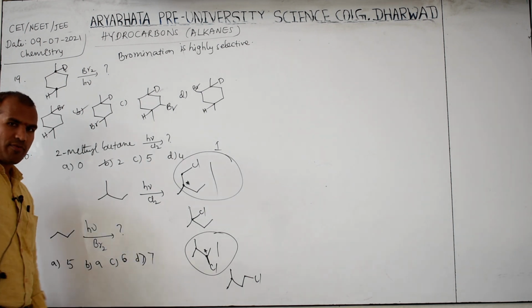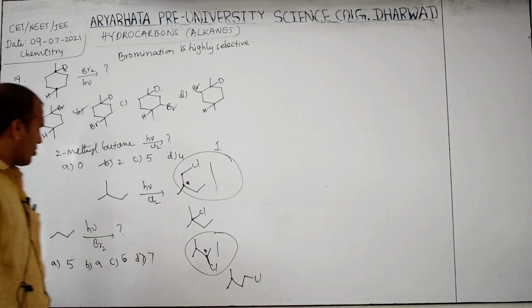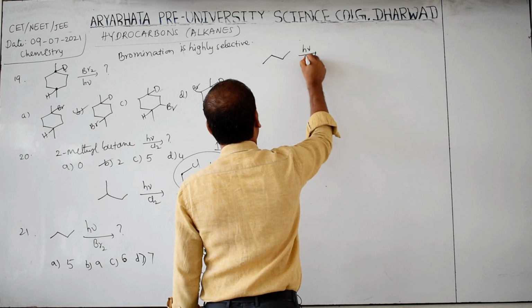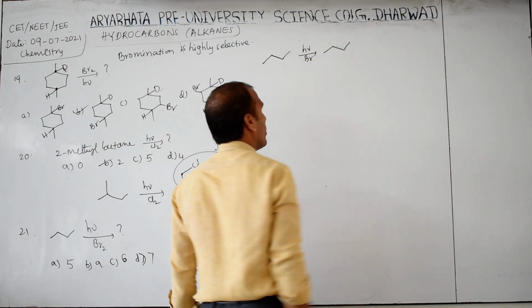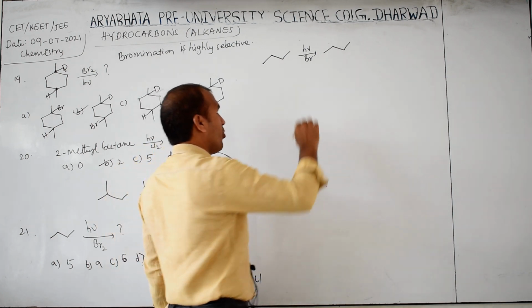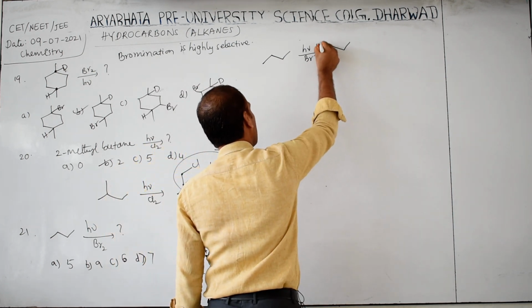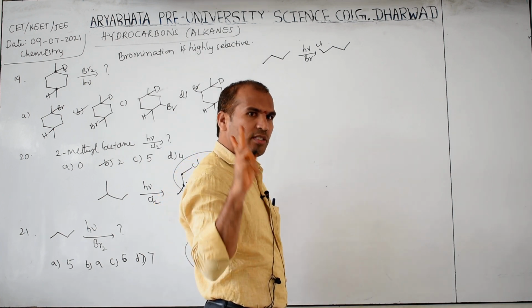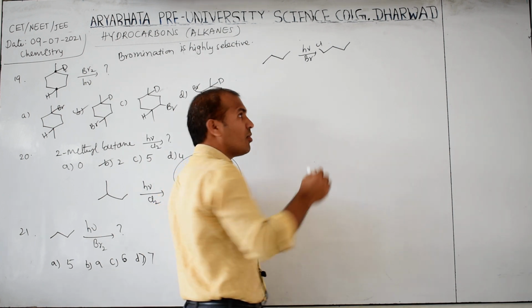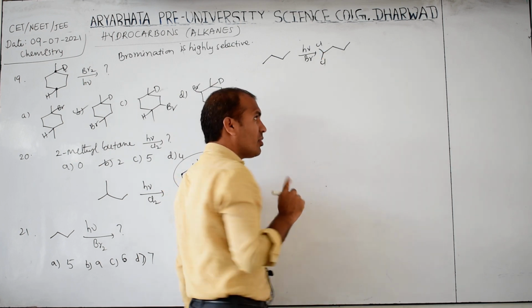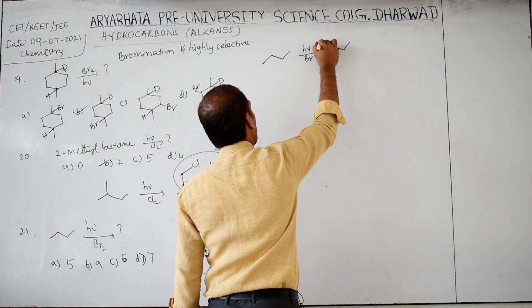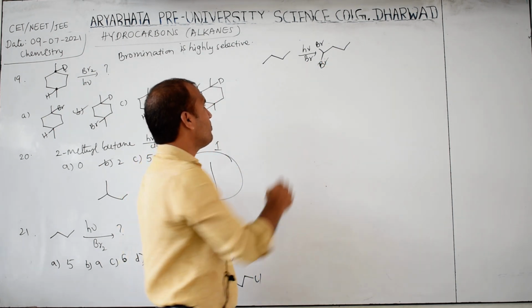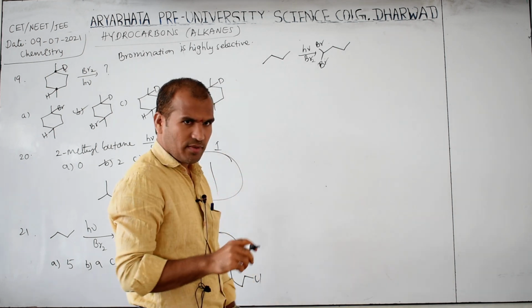First you should know the products, and only then can you calculate how many fractions are possible. So I am writing the product here, with H nu and bromine. Same one possibility at this. How many hydrogens are there? 3. Out of 3, how many can be replaced? 2, because it is dibromination now. Okay, now this is one product.